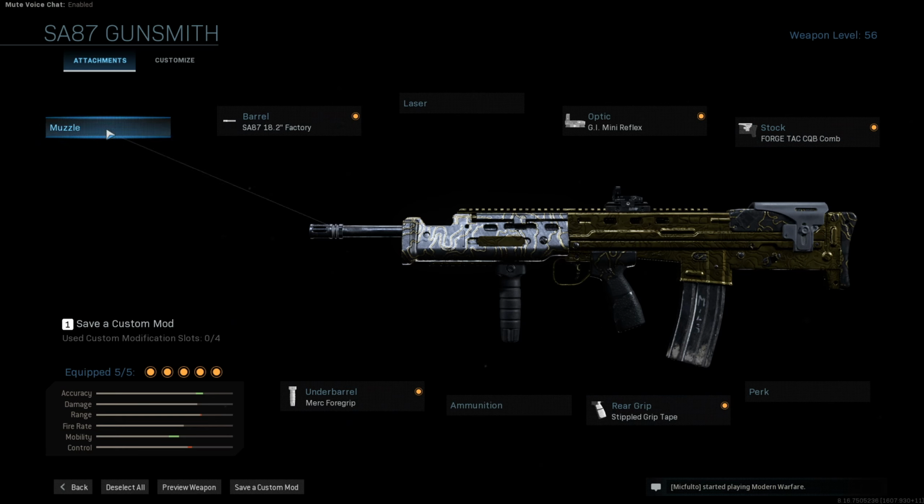Muzzles I don't ever touch. I don't think they're really important. But if I was to swap this, I'd probably swap it for a laser. So if you don't want to have that faster ADS speed, just swap it for whatever you want, really. But that's going to be it for the kills build, and then the next is